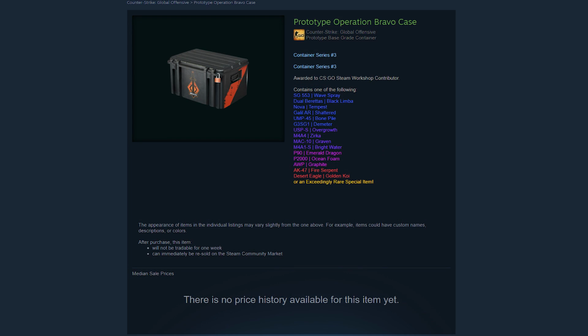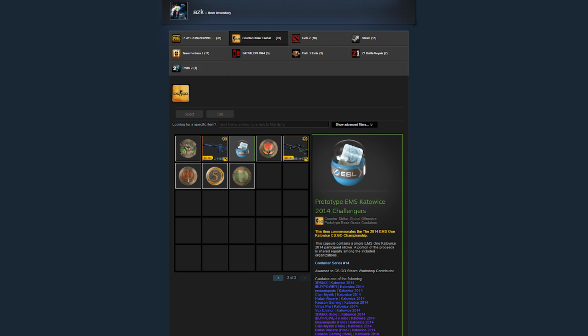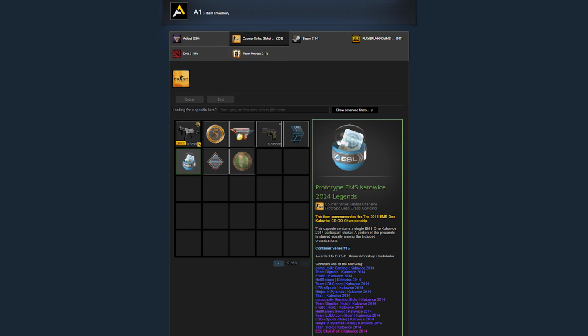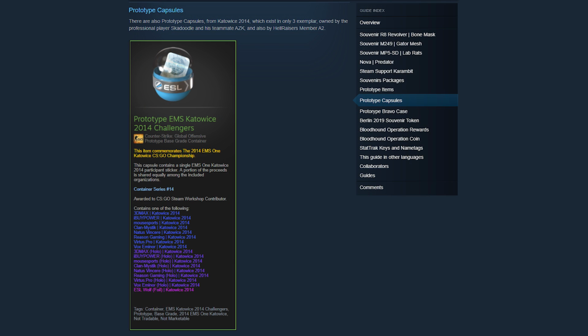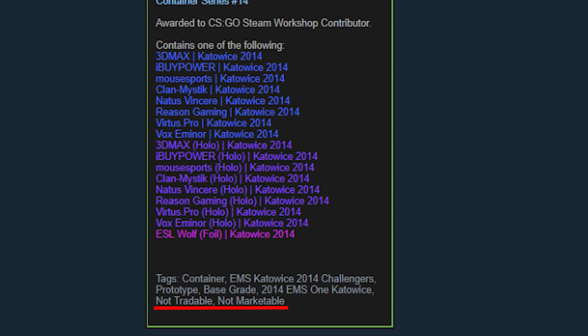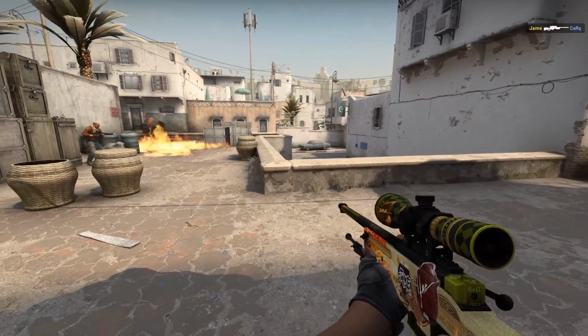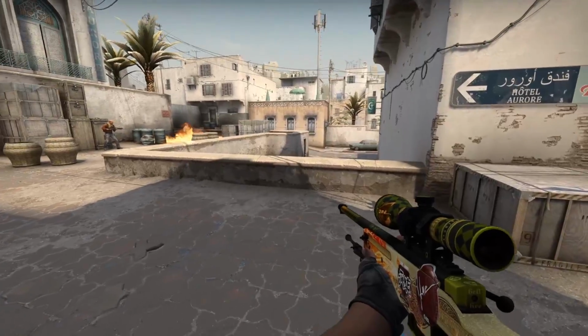One is a bug case that doesn't exist anymore, and the other is the prototype 2014 Kato Challenges capsule, owned by ex-pro players too. Skadoodle, AZK, and Angel from Hellraisers have one. So these must have been deliberately created by Valve, but it's not entirely clear why. But either way, none of these prototype items are tradable, so you're never going to be able to get a complete collection, and I doubt any owner of them would even sell their account anyway, so yeah, these things are